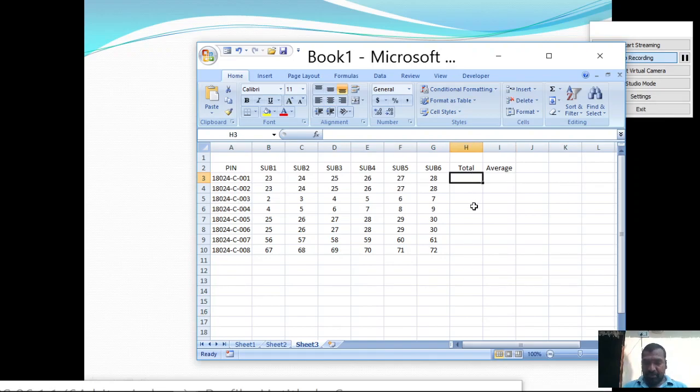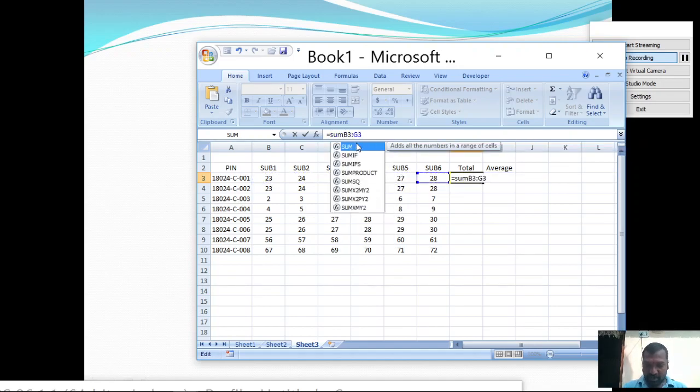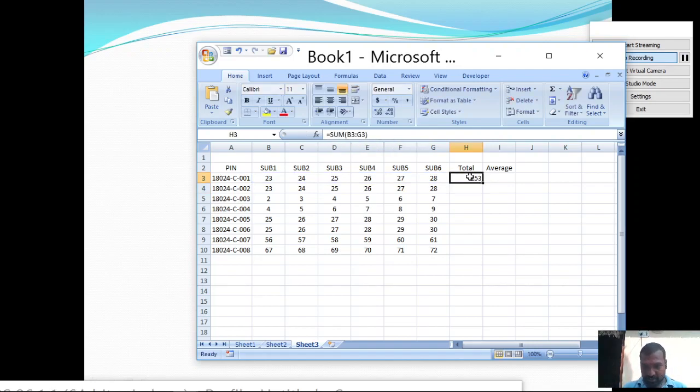So here the formula is equals, then choose the cells you want to add, and here I am writing the sum function, hitting the enter button. Sum is a mathematical function.